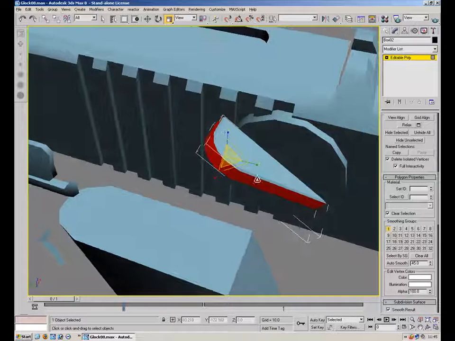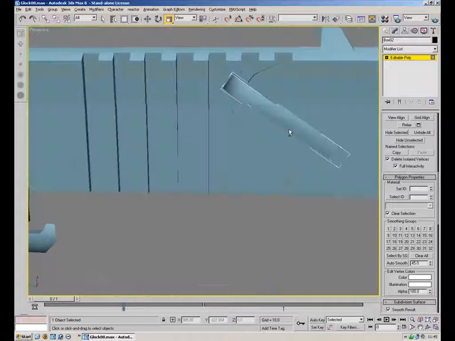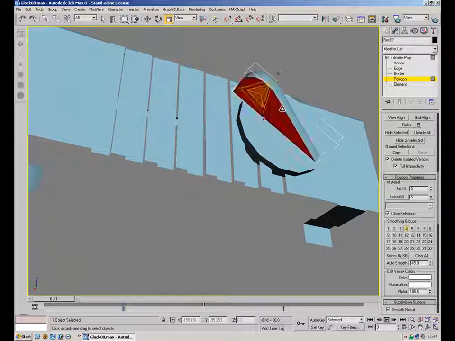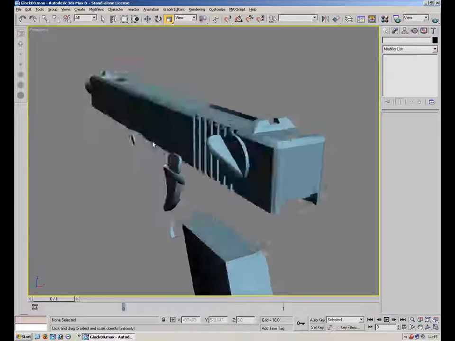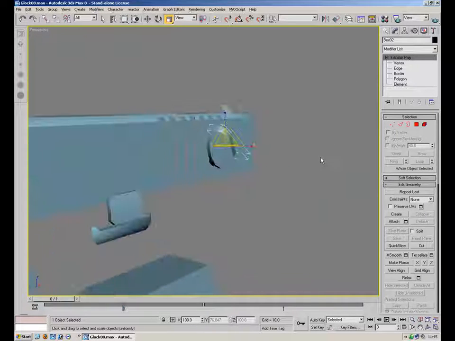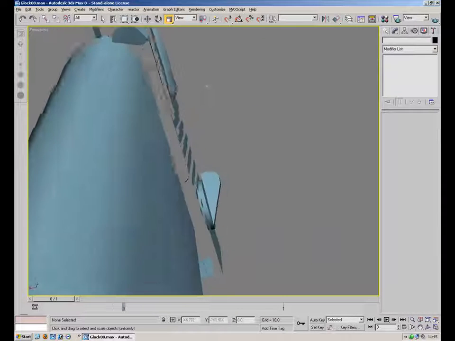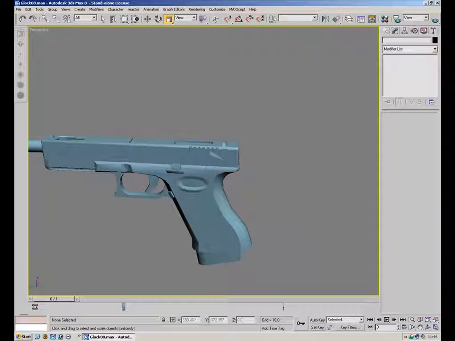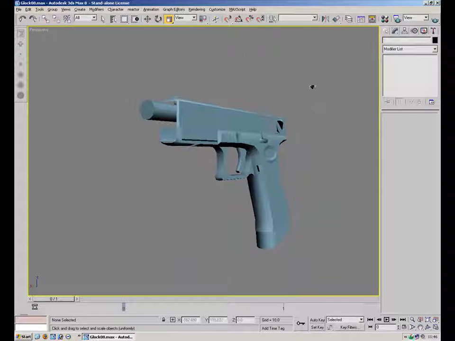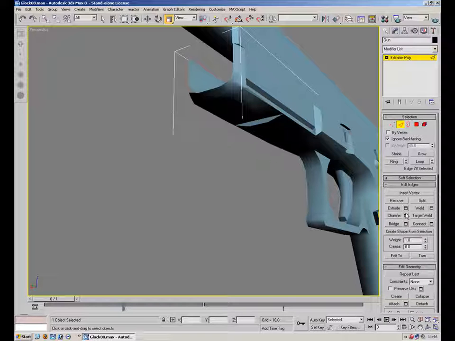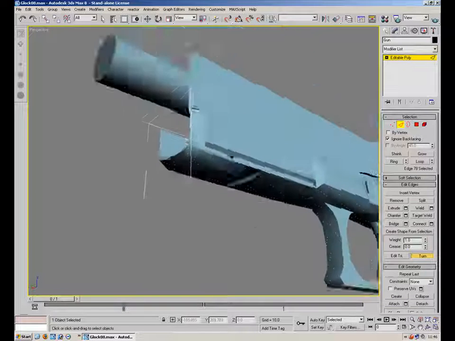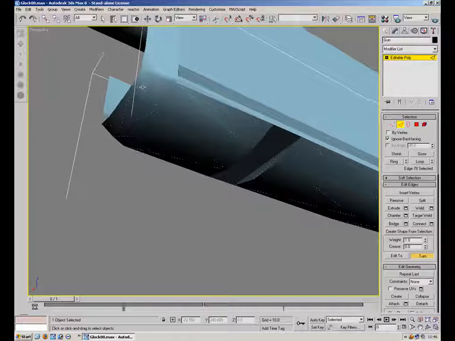Clear all. Smoothing group 1. Smoothing group 1. I reckon we could probably delete that polygon there. Actually, I'm not going to delete it, I'm going to leave it. Right, I'm just going to unhide all. As you can see, the smoothing groups are pretty much done. There are a few twiddly errors here and there,